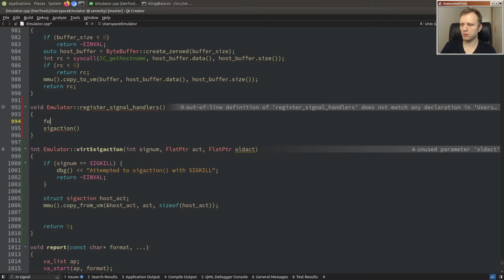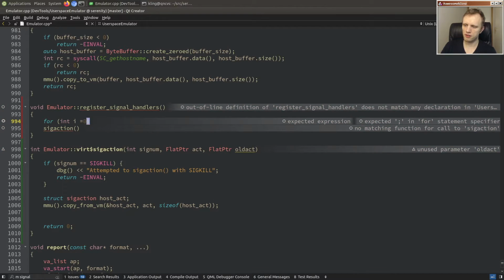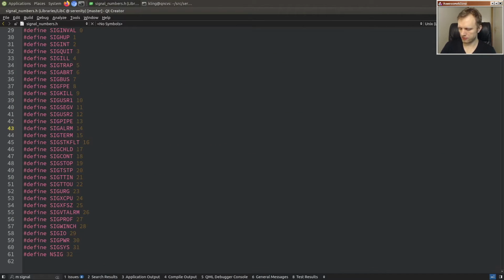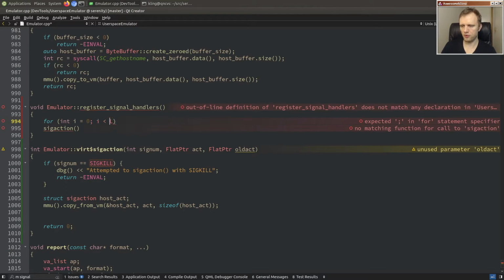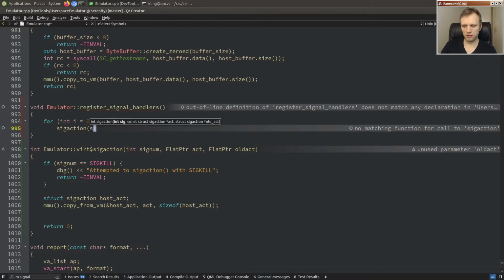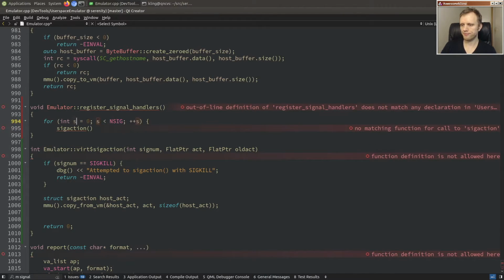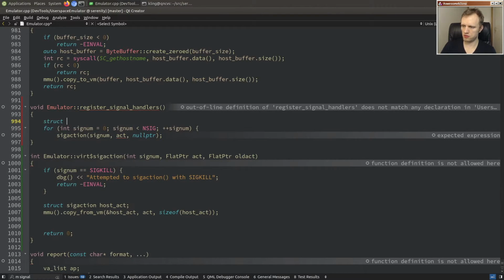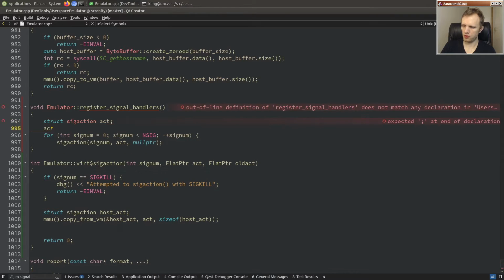Okay, so then we will just do this for all possible signals, I think. Do we have a constant for that? nsig, perfect. And sig action, we can call it sig actually, signum. And we don't care about the previous value, and then we'll do this, struct sig action act. Act SA handler is